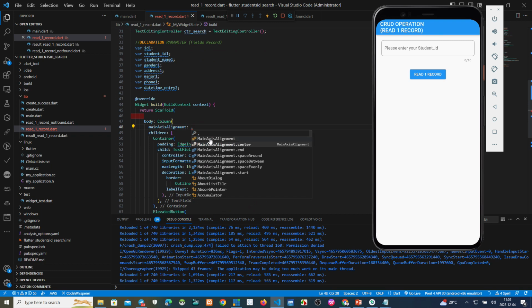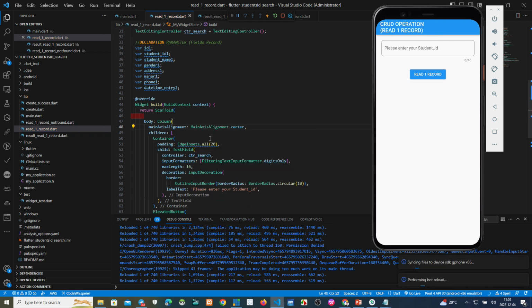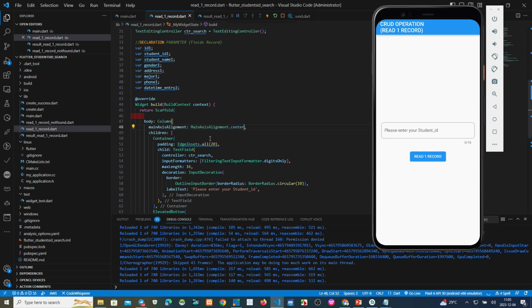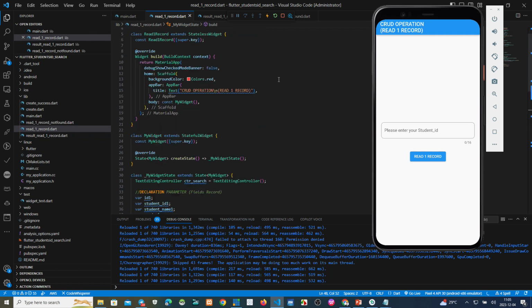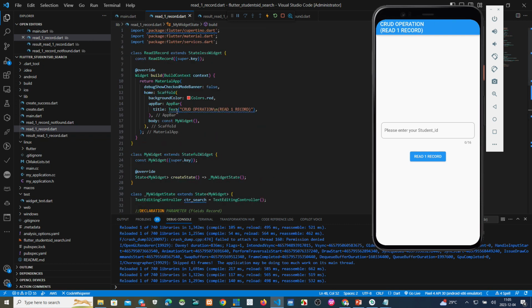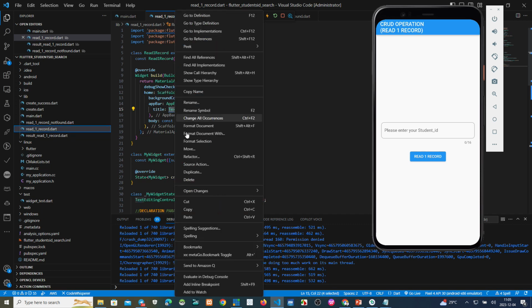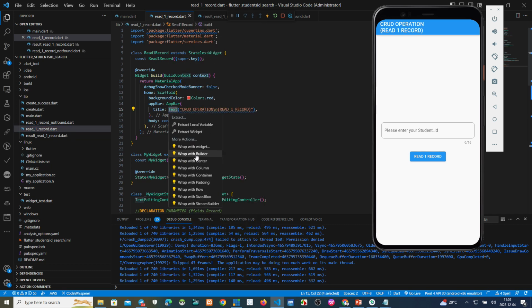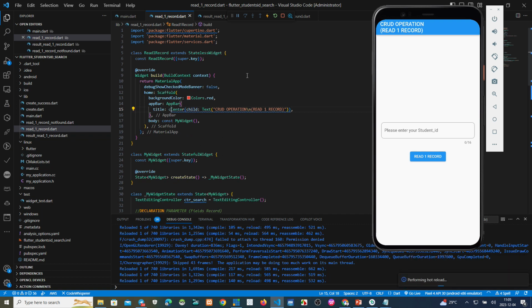Main axis alignment center. Save. So this one, we make a center here. Right click, refactor, center, and then make this one const.